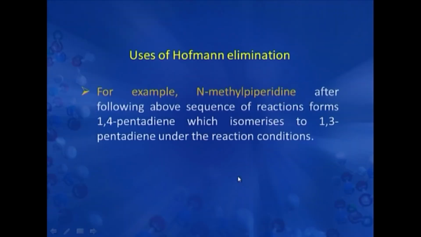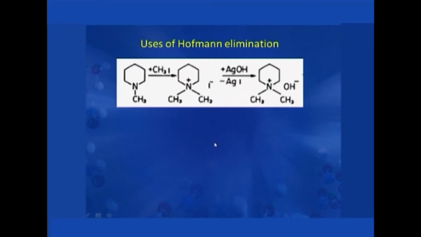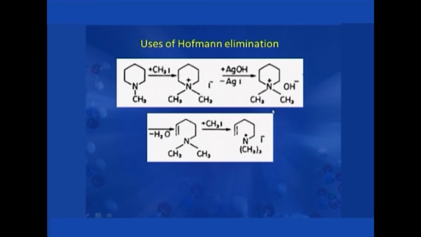For example, N-methylpiperidine, after following the above sequence of reactions, forms 1,4-pentadiene, which isomerizes to 1,3-pentadiene under reaction conditions. See what happens here: N-methylpiperidine undergoes exhaustive methylation and forms a quaternary ammonium iodide, which upon treatment with silver hydroxide forms quaternary ammonium hydroxide and then undergoes an elimination reaction. But since this is a cyclic amine, the bond breaks along this carbon and nitrogen, and there is formation of